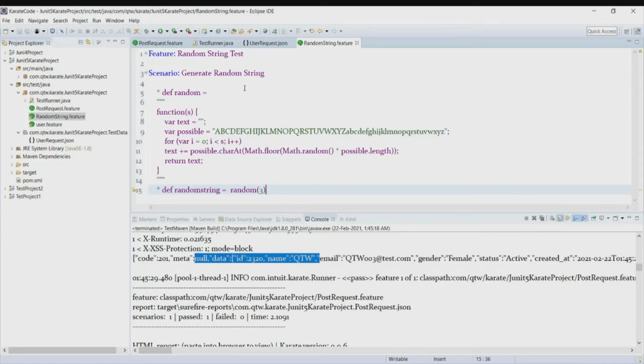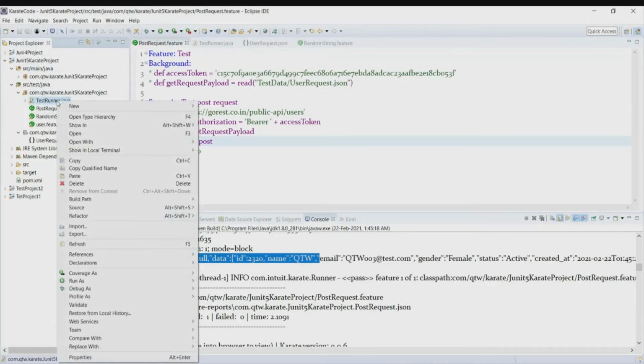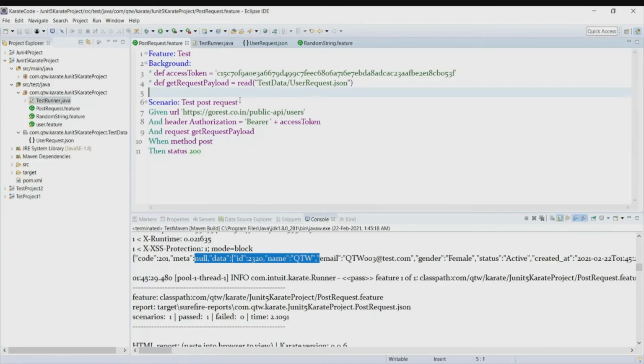Now we can call this feature file and then append that to our email ID. We can either create another feature file or we can just directly call it here as well. Let me first show you how we can do that in this file.